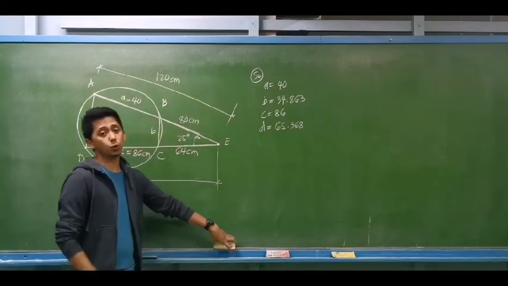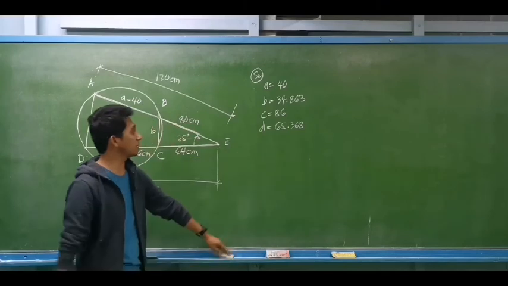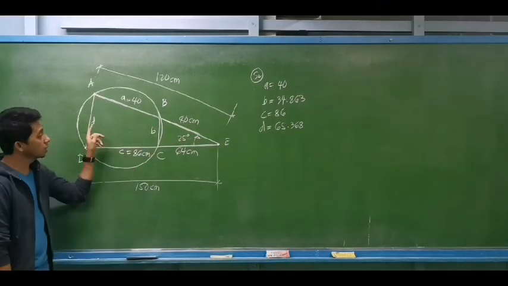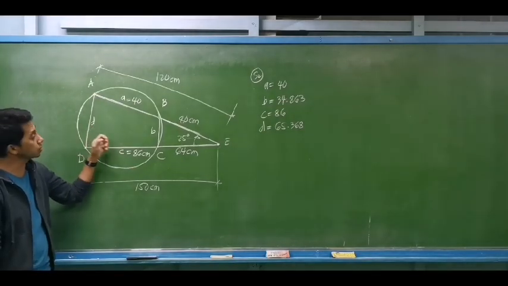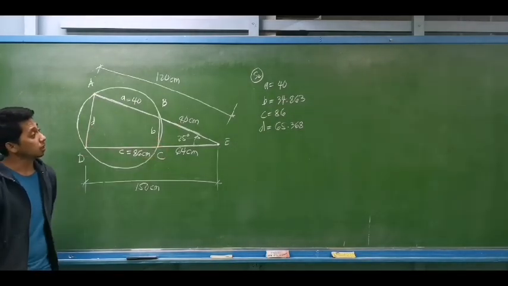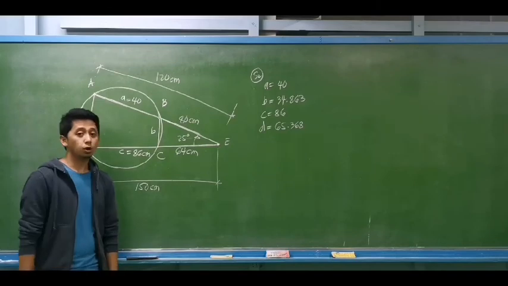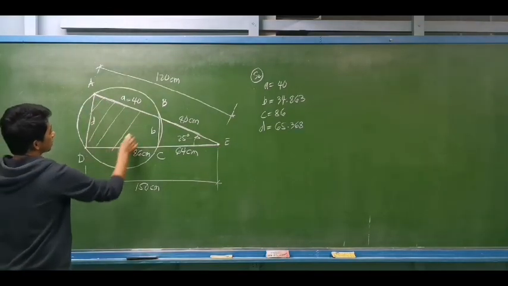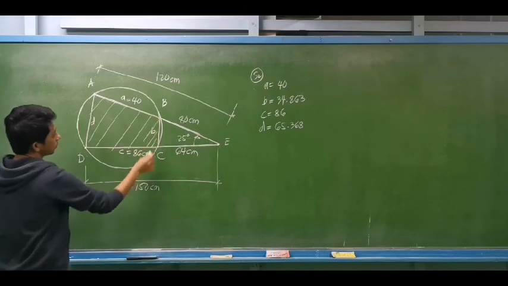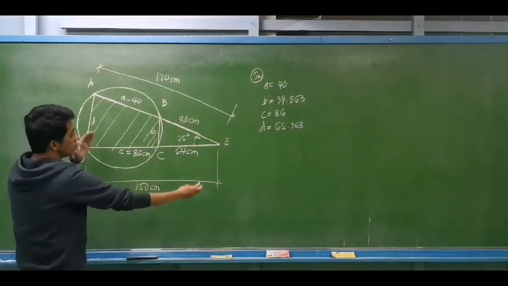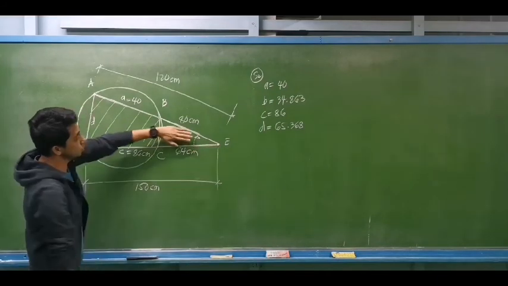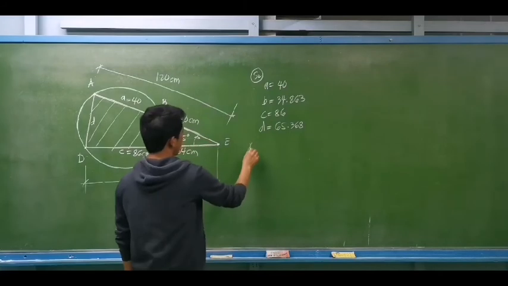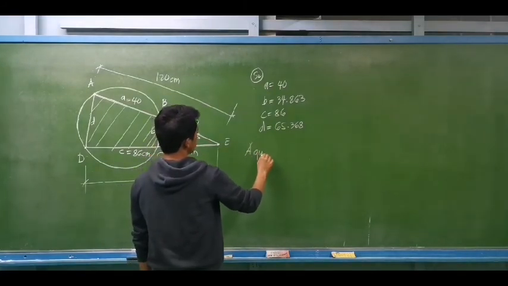Okay, kanina, di ba, nagawa naman natin ng paraan kung paano makompute si side C, 86, si side D na 65.368, kaya si side B na 34.863. Kung mapapansin ninyo, kukunin lang natin yung area ng quadrilateral. Okay? Di ba, parang malaking triangle minus yung maliit na triangle lang yung gagawin natin. So, yung area ng quadrilateral,